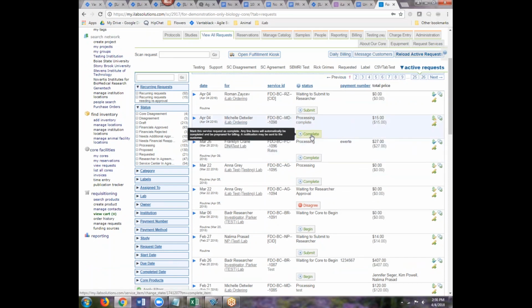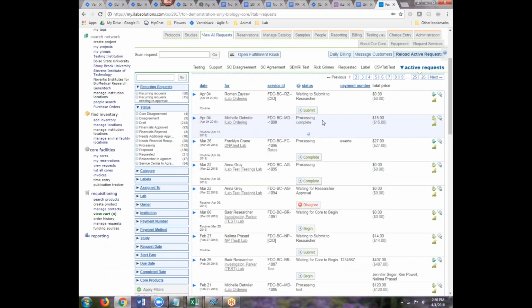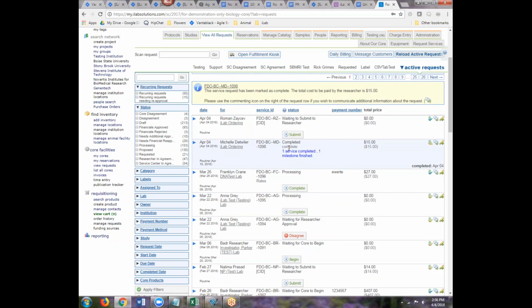The core can additionally fully complete the request. Where this is handy to complete the sequencing part of the request is there's also the ability to add additional charges to that request. So let's say they want to do something other than Sanger sequencing on that request, say some DNA QC. They can add that charge to the request, but they may not want to complete that service in the system until it's actually completed. So I hope that makes sense. Okay, so now we see that that request is completed, and